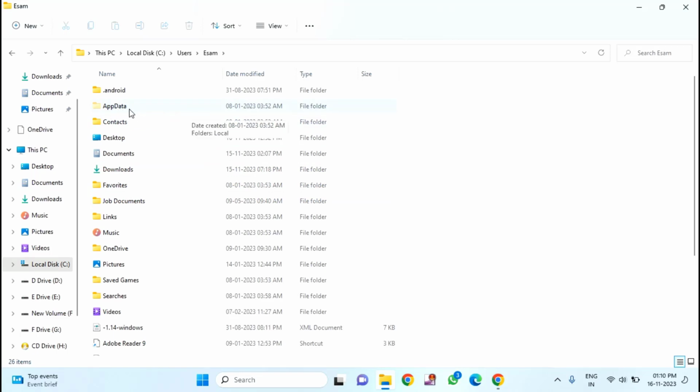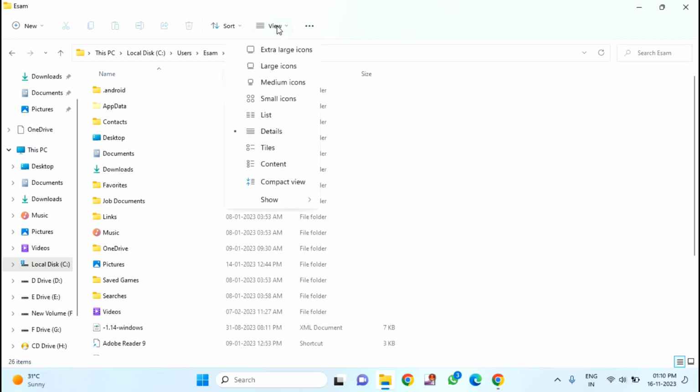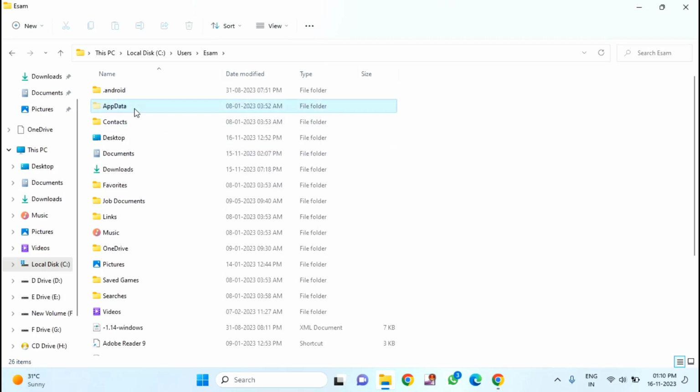If you are unable to see this app data folder, you can see here view option. Just click on show and click on show hidden items. After that this folder will be visible. After that you need to open that folder,